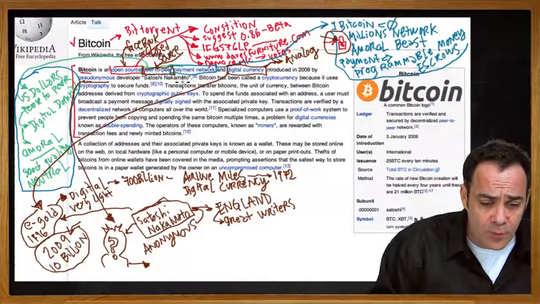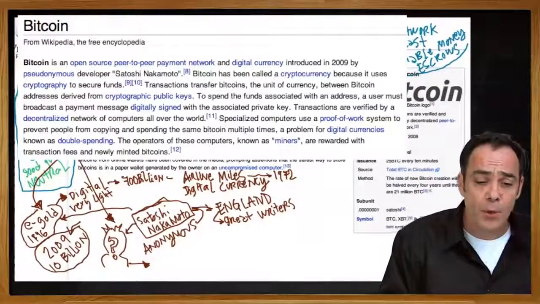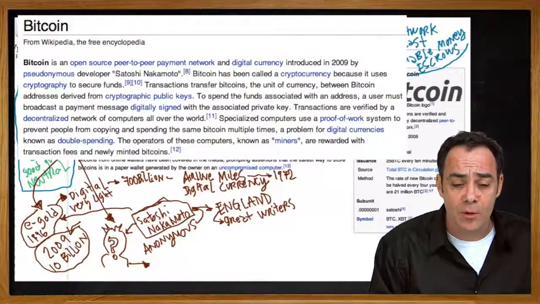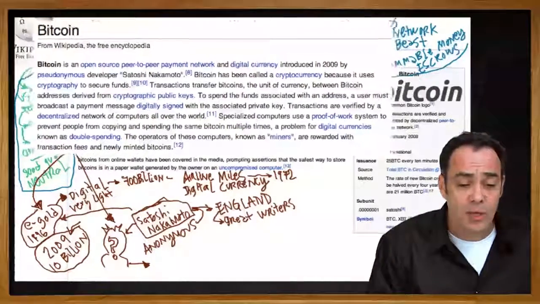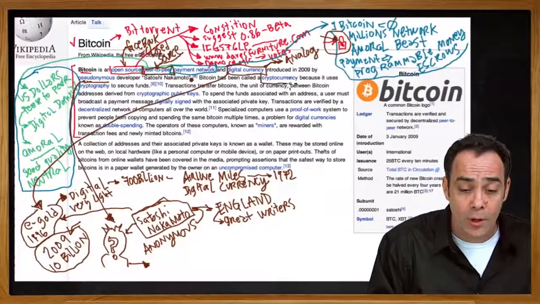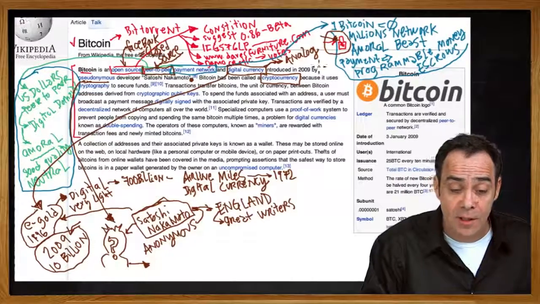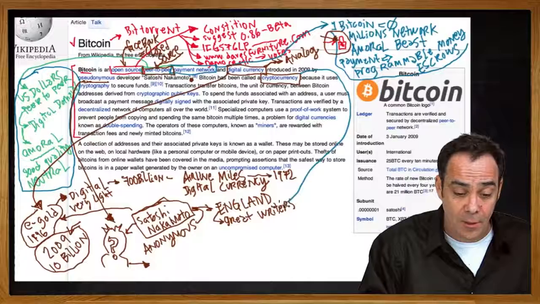So we've gotten through the first sentence, and we're going to have to move a little quicker, but Bitcoin is an open source, peer-to-peer payment network and digital currency introduced in 2009 by a pseudonymous developer, Satoshi Nakamoto. Bitcoin has been called a cryptocurrency. Ooh, a cryptocurrency. This is probably the term I take most offense to on here, because calling it a cryptocurrency